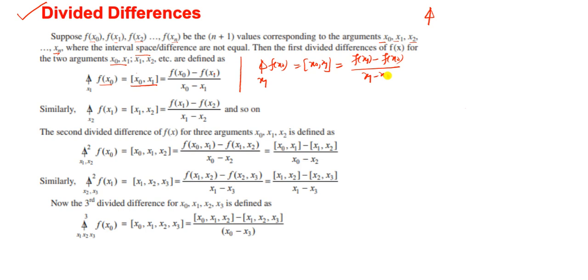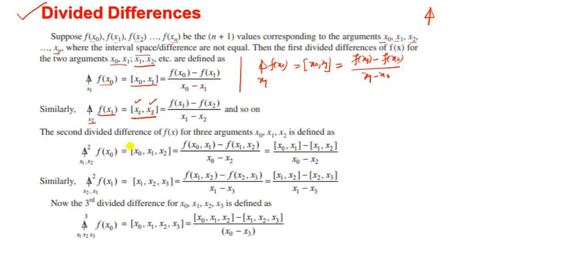Now the first order divided difference on the pair x1, x2, that is the first order divided difference of f of x1 at x2, is denoted by the square bracket [x1, x2] and is defined as f of x1 minus f of x2 upon x1 minus x2. Because divided differences are symmetrical in their arguments, we can write f of x2 minus f of x1 upon x2 minus x1, and so on.